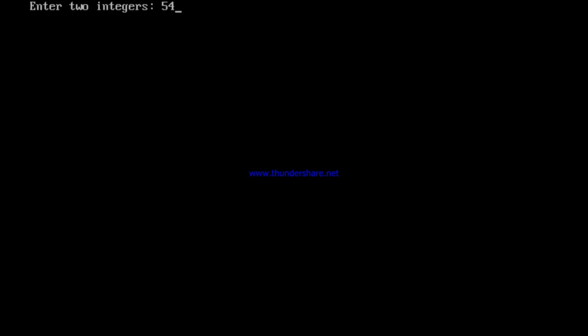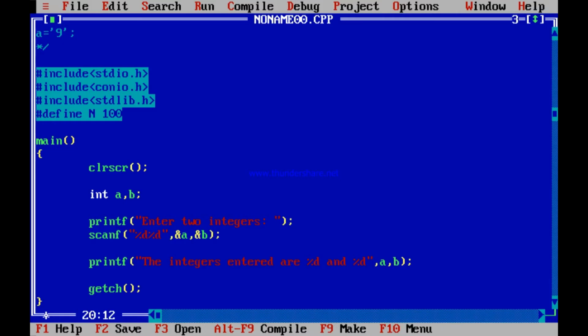This time I write 54, 145 and I put another one, 98. What will it say? The integers entered are 54 and 145. It neglects the 98 because 98 is the third integer which you did not scan. There is no space for scanning a third integer. You have scanned only two integers.